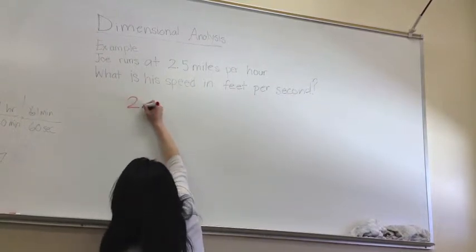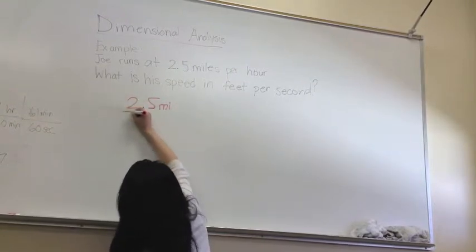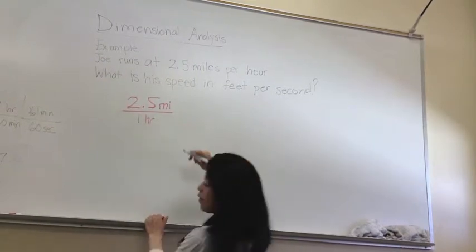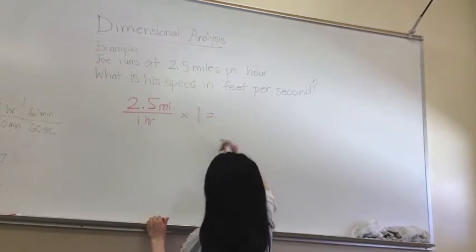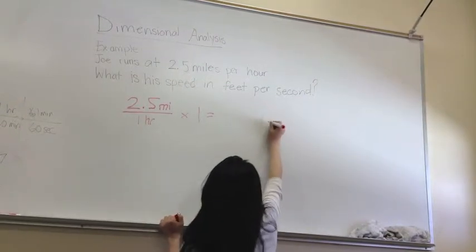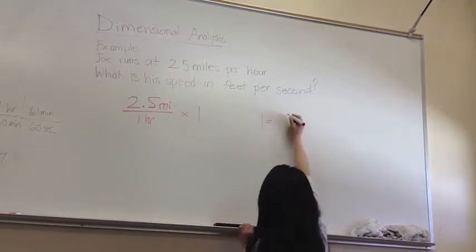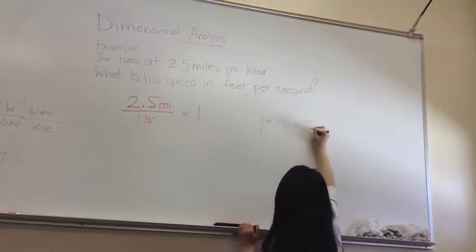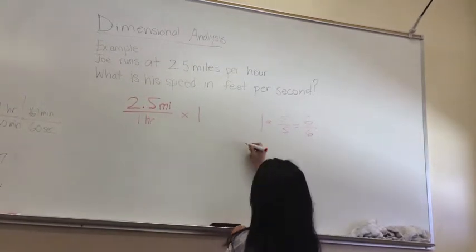So it's 2.5 miles per hour. And now, if you can remember, whenever you multiply something by 1, it equals the same thing. So another way to say 1 is the same number divided by the same number. 1 is equal to a number over a number. So let's say it's like 5 divided by 5, or 6 divided by 6, and so on. And so for this problem here, we know that